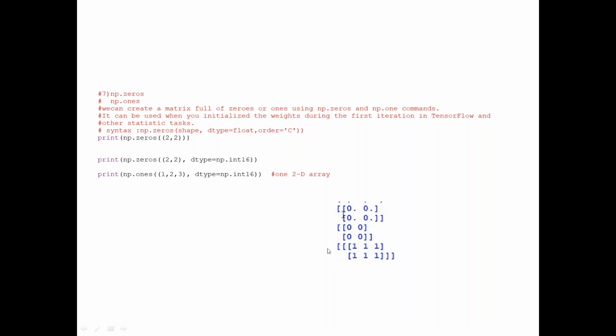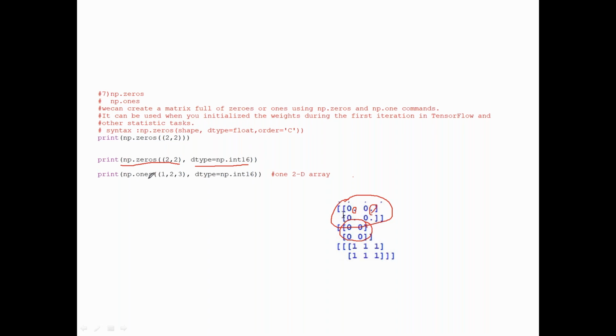So I'm giving 2 by 2. So the system is going to create 2 by 2 zeros. So here you can see, but the thing is you can see the dot. Dot is nothing but by default the system is creating a float. Now np.zeros 2 by 2, data type equal to np.integer, I'm giving. So the system is creating an integer data type, and since I gave zeros, it's going to create 2 by 2 zeros only.